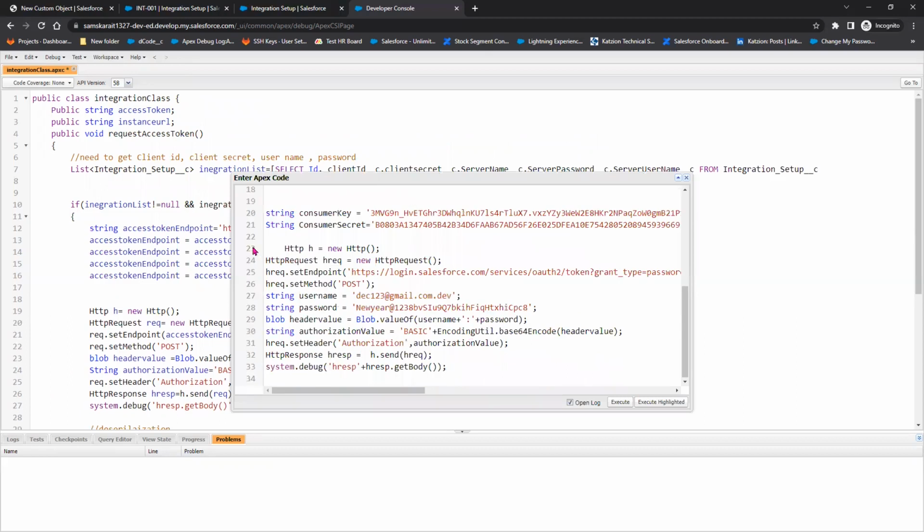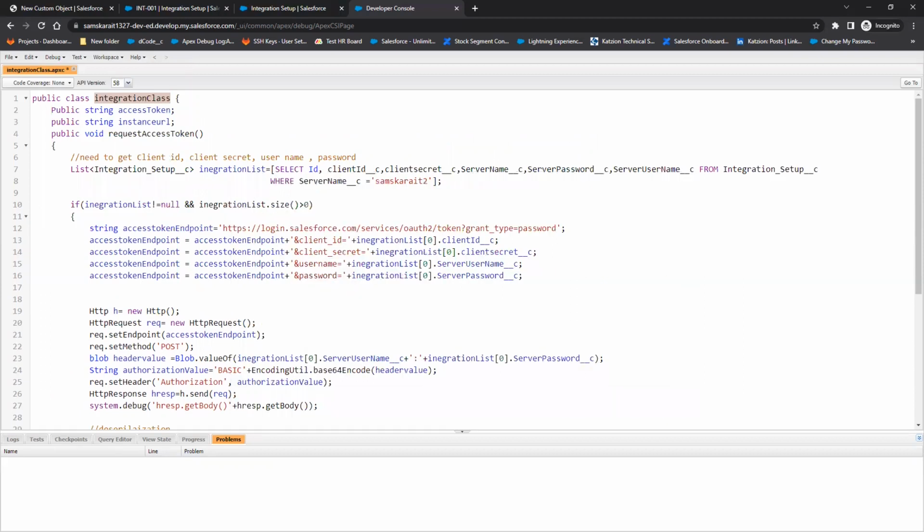And last time we have written the same logic here, in the integration class. Now I'll do one thing. Instead of running it in the developer console, I'll display this in a Visualforce page. I'll implement a Visualforce page. In the Visualforce page, I'm going to display the access token. So let's save this